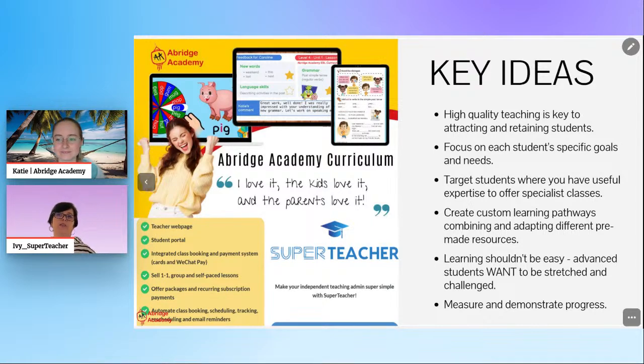So I want to say, use that as a strategy to reply with a question, as mentioned before. How much is your class? What are you looking for? Let's see how I can help you, so I can make the offer, and so on. Get them into conversation, right? Target students where you have useful expertise to offer specialist classes. I would add to that as well, something that you feel comfortable doing. As mentioned before, music in my case, it can be something else, drama classes for some teachers, then incorporating, I don't know, play elements like puppets and stuff, whatever makes it unique, plus expertise, of course.